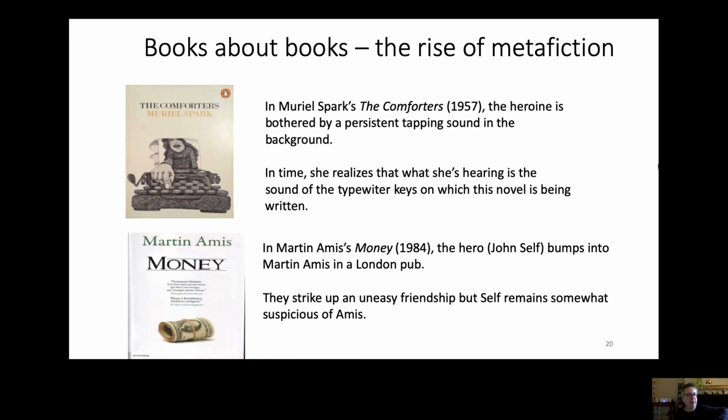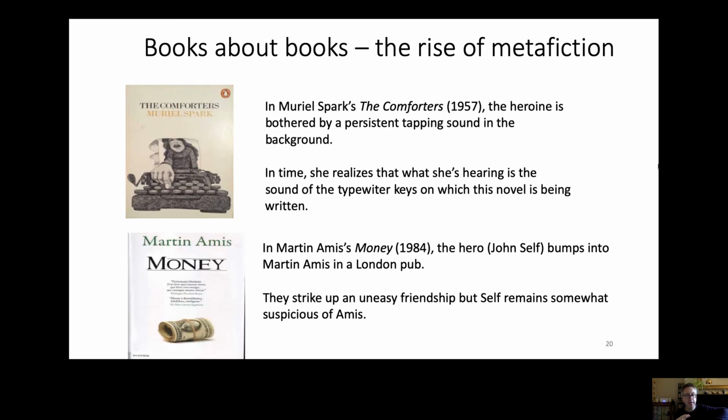And that paranoia about your own reality, I think, is something that is quite a common experience in postmodernist writing. And also the way these novels are books about books, fiction about fiction, it's almost as though reading a postmodernist book is like looking at a snake eating its own tail.